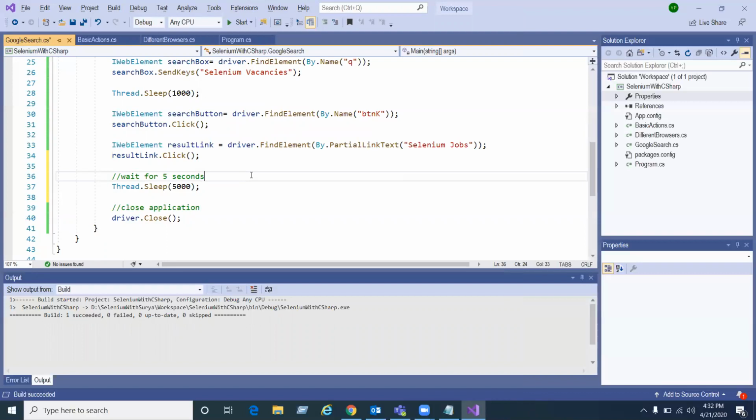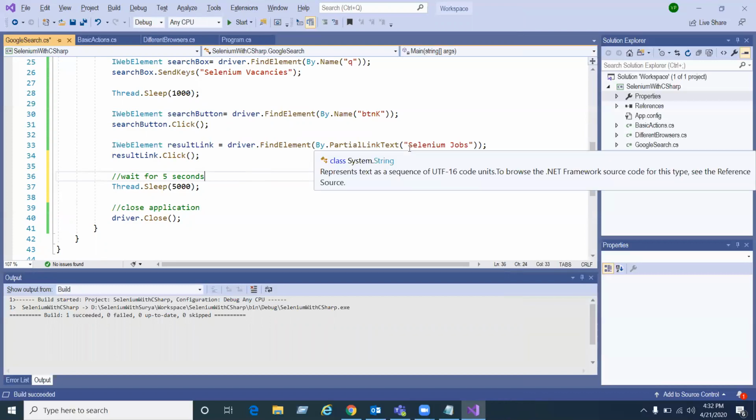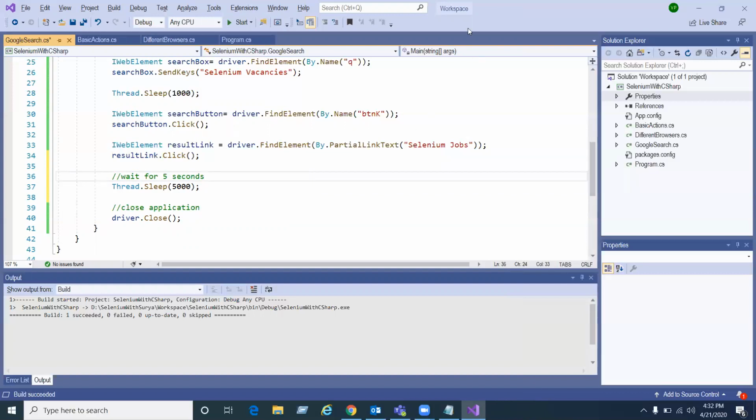Now you may have a doubt. Here you are trying to find the element with the partial link text, that is Selenium jobs.